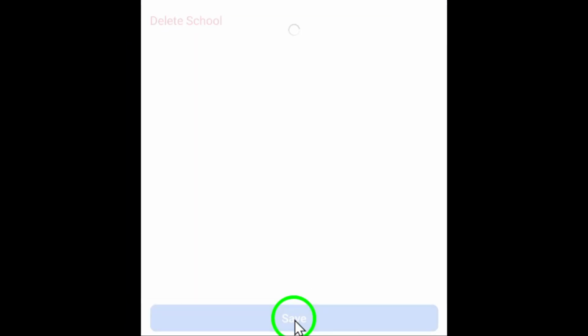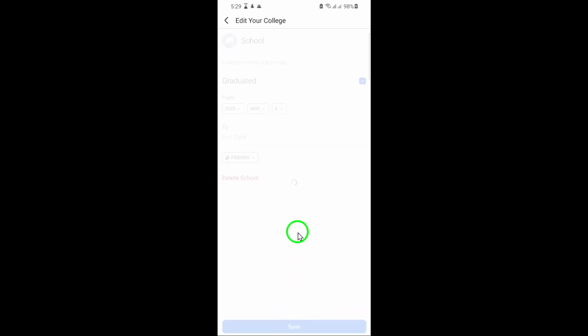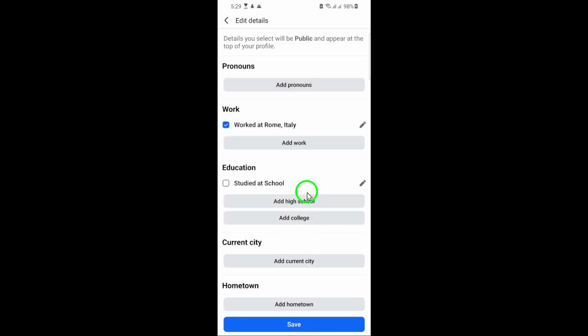And there you have it. You've successfully updated your high school information on Facebook. It's that easy to keep your profile current and accurate. Remember, keeping your education details up to date can help you connect with old classmates and stay in touch with